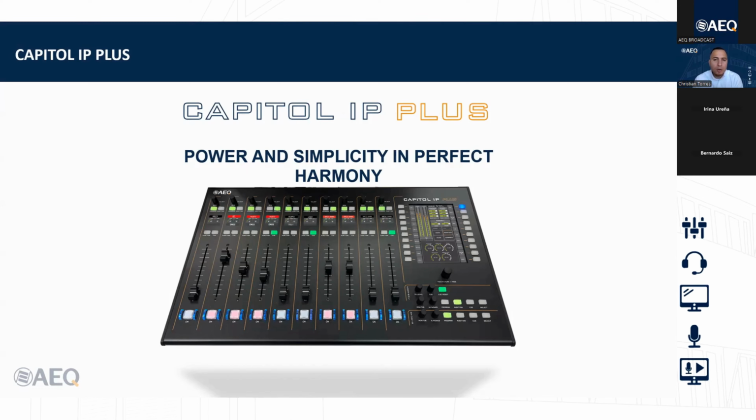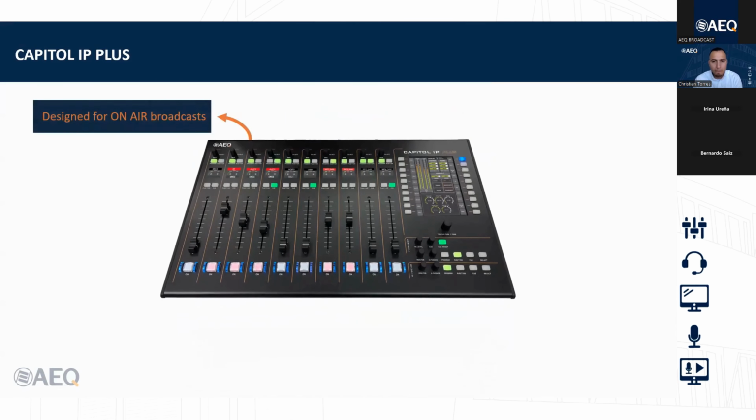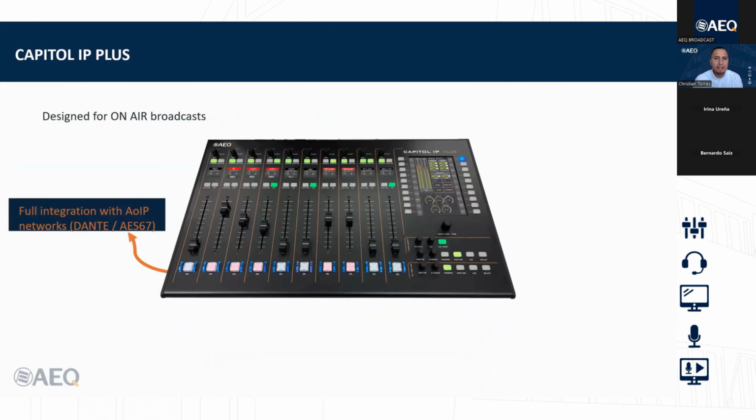It has a color display and is available only in black. This surface is designed for on-air broadcast and is very flexible for different operations. The console has all the essential integrated functions, in this case Dante and AES.